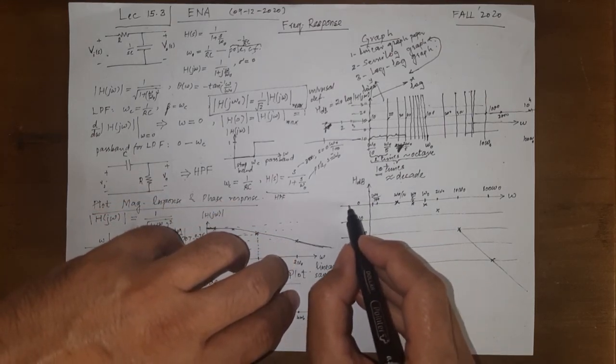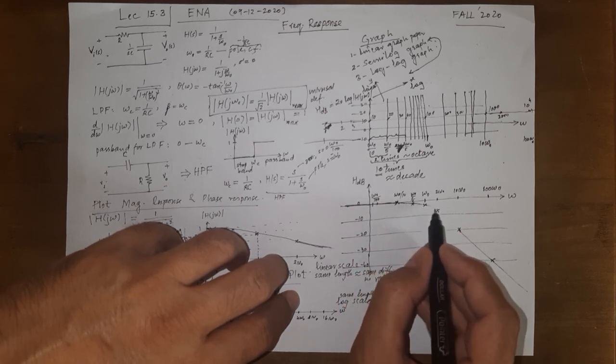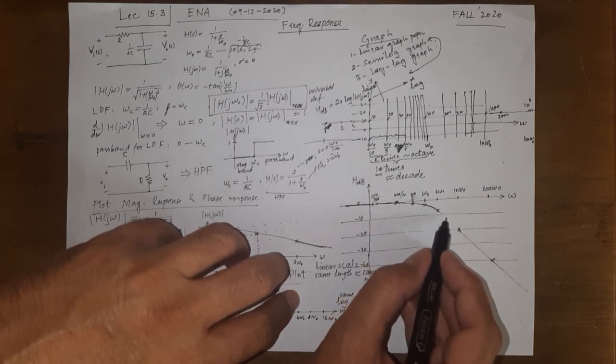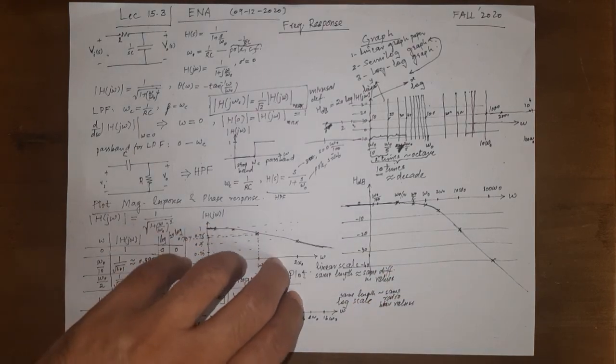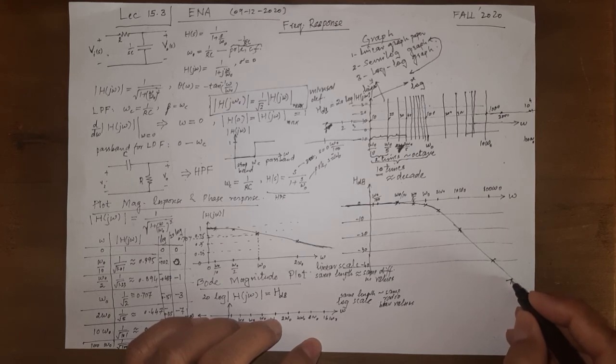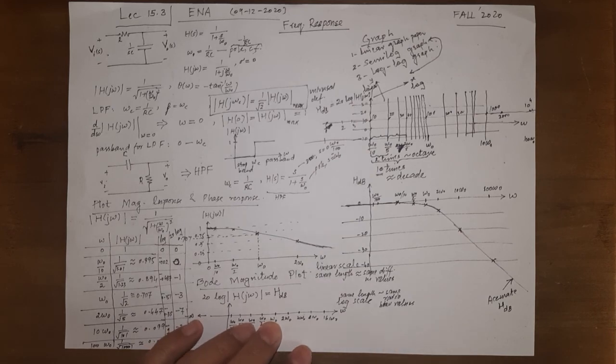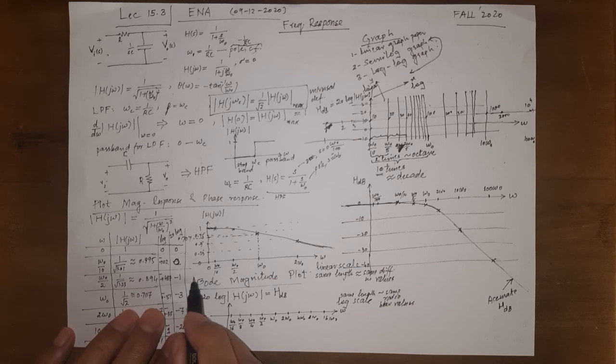For smaller frequencies, it would be 0. It cannot go beyond this. So here it starts moving downward like this. So this is an accurate depiction, quite an accurate drawing of HdB. And this is still not Bode plot. This is actually a magnitude plot. Now let us turn to what Bode contributed in this magnitude plot.